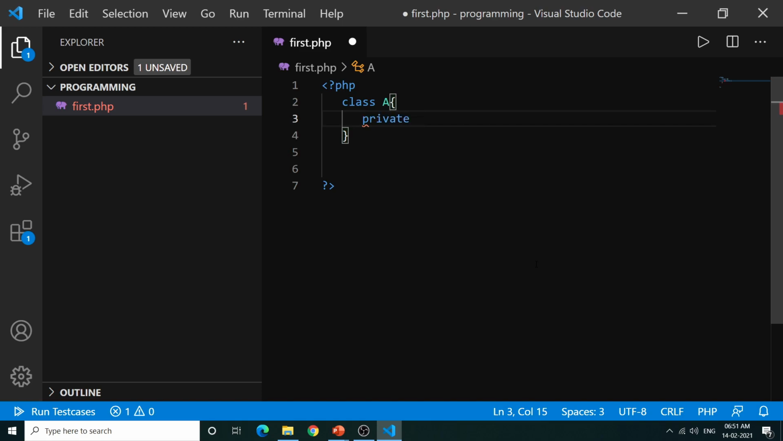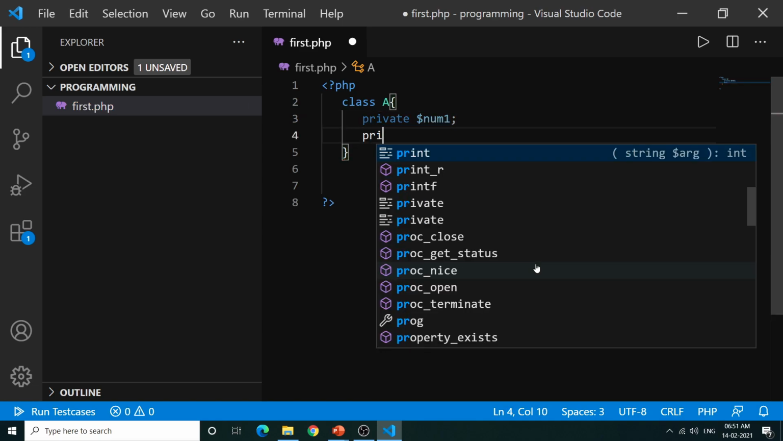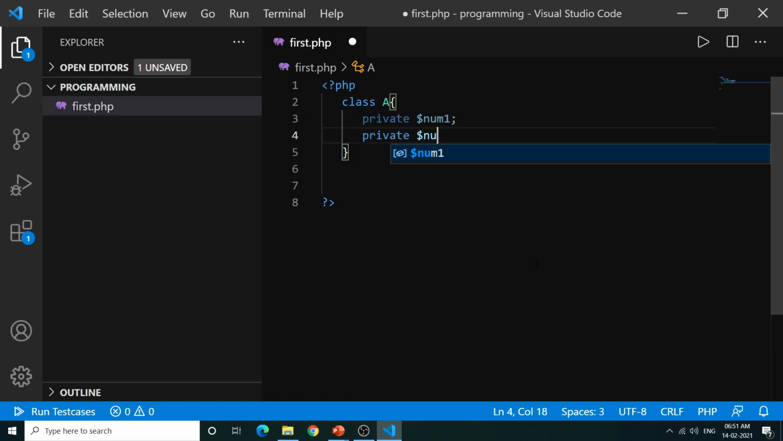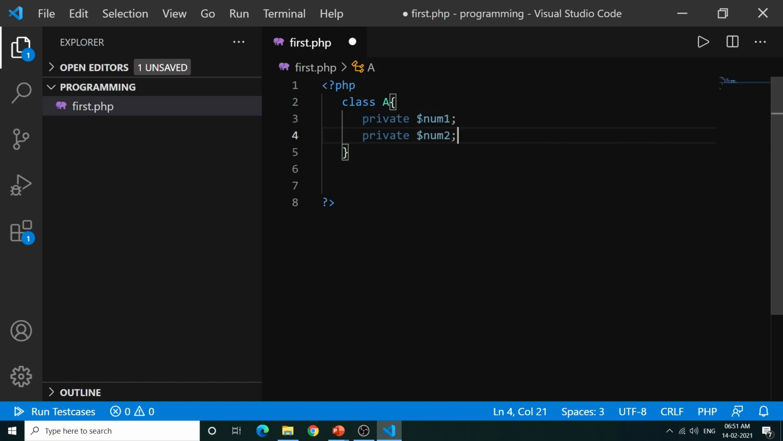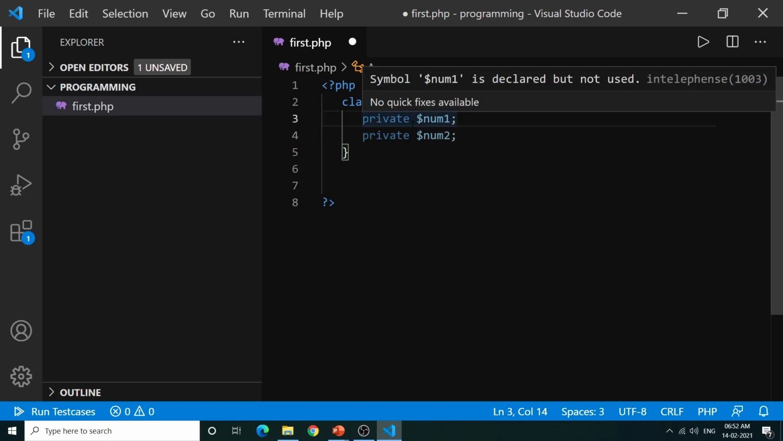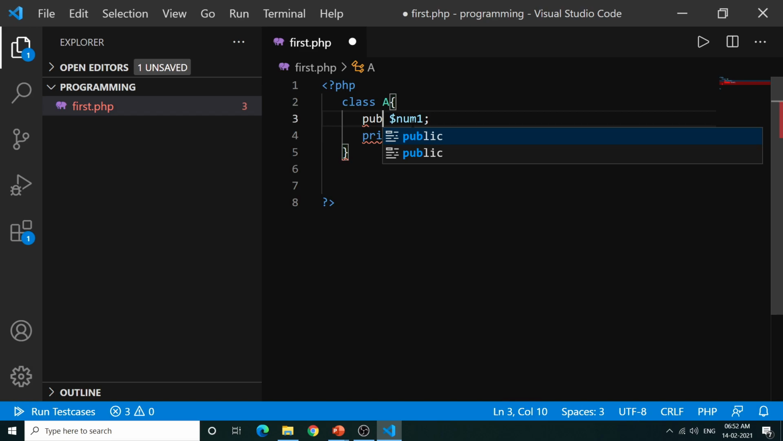Let's say private $num1, then private $num2, and so on. These are my variables. Now I have specified a keyword, which is private. What private says is that it is an access modifier which restricts the access of this variable to this class itself. Because if I change this private to public,